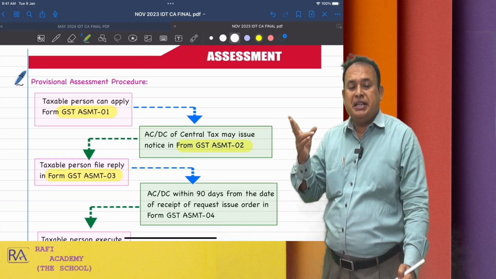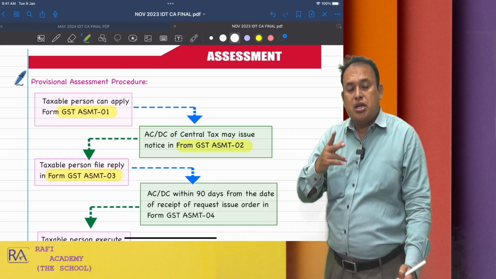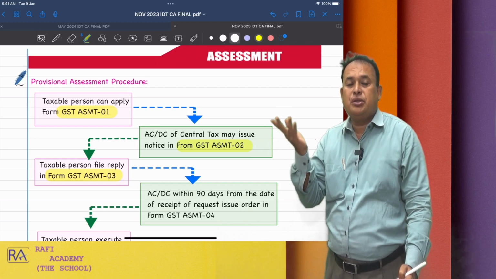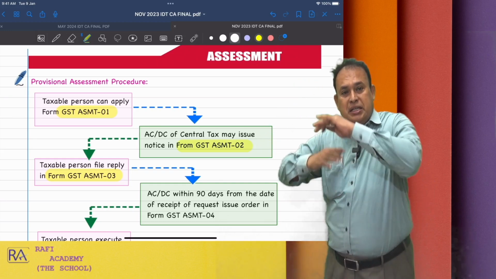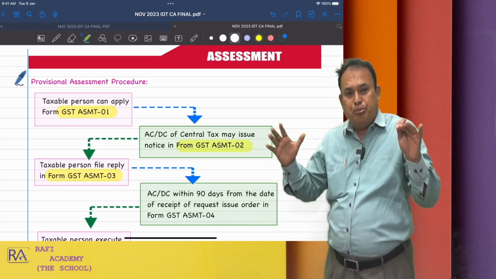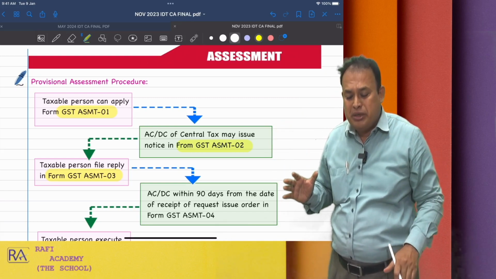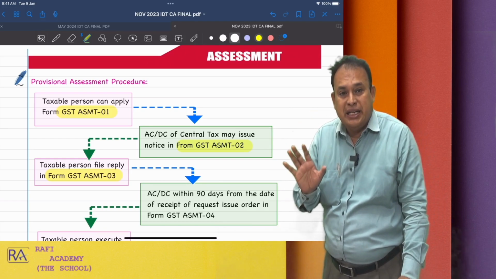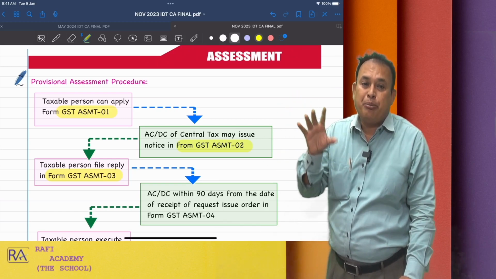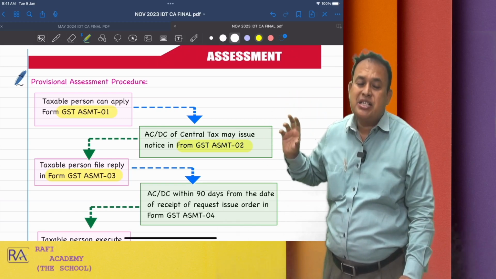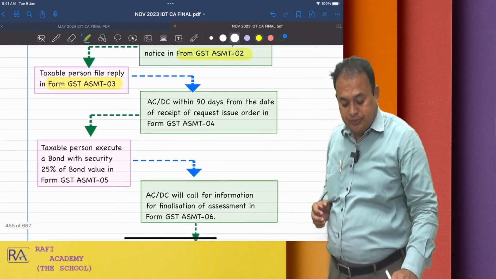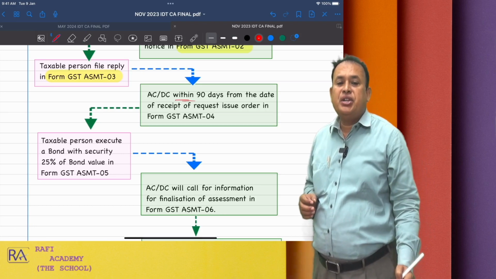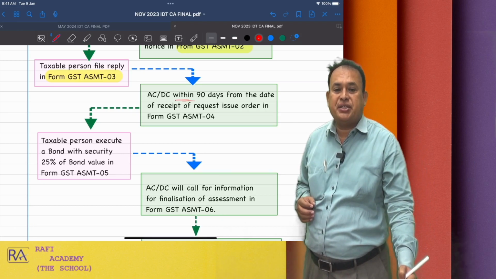Application form GST ASMT 01. Show cause notice issued by the officer, ASMT 02. You have to give the reply, ASMT 03. This entire process should be completed within a period of 90 days. That means to grant the provisional assessment, the maximum time limit is 90 days from the date of receipt of the application for the PA. PA means provisional assessment. Here, the assistant commissioner or deputy commissioner, within 90 days from the date of receipt of the request,